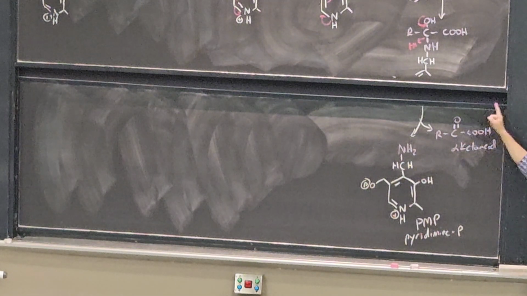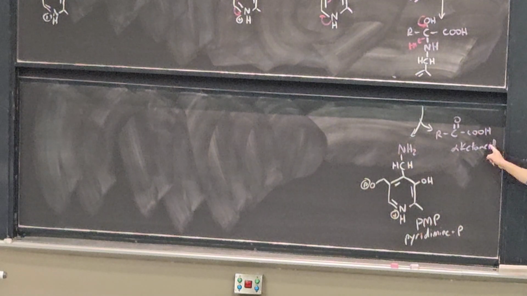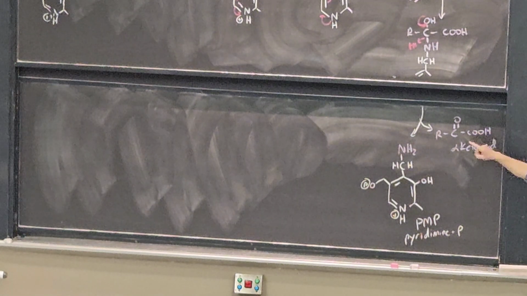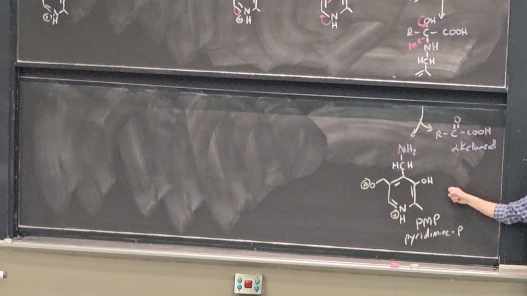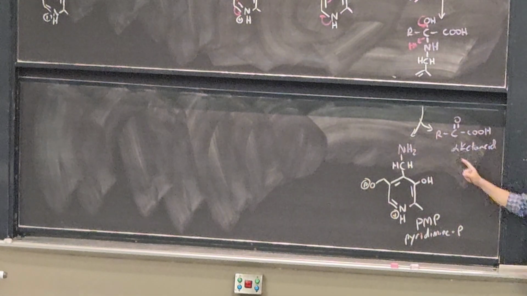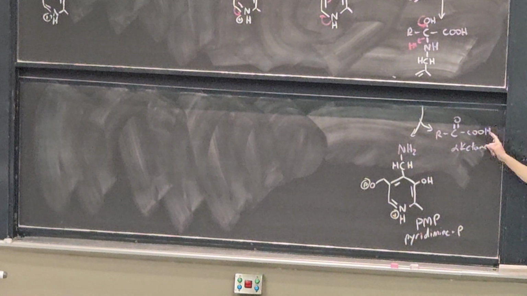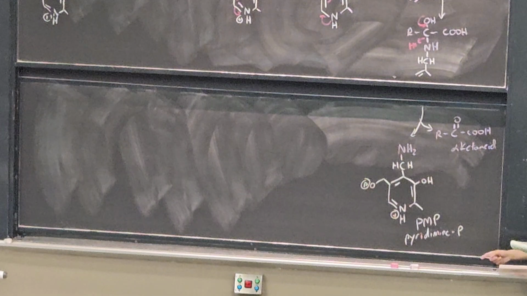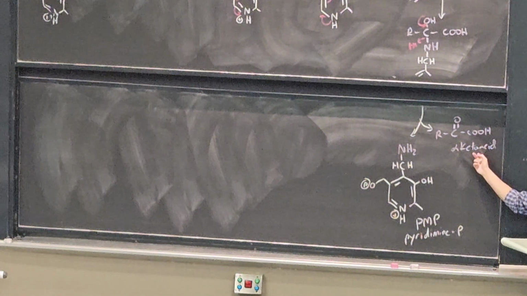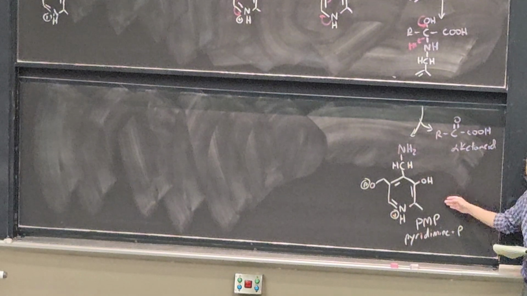All right, and so effectively, what I've done is I've gone from the amino acid to the alpha keto acid, which is oxidation, but I oxidized something, because alpha keto acid and amino acid are in different redox states. Here the cofactor PMP is now in a different redox state. So PLP is more oxidized, PMP is more reduced, amino acid is more reduced, alpha keto acid is more oxidized. And so I've basically generated the alpha keto acid in a different version of the cofactor, PMP.